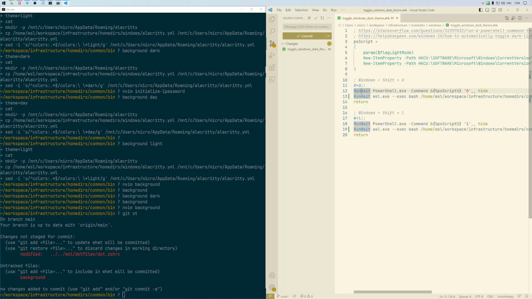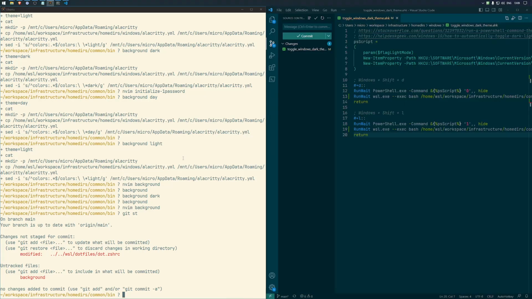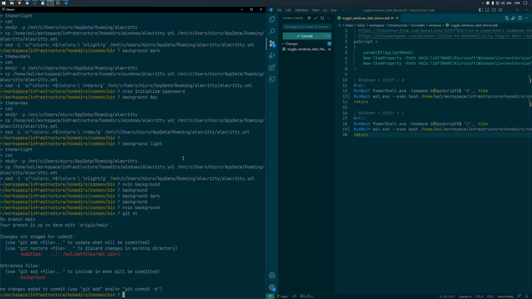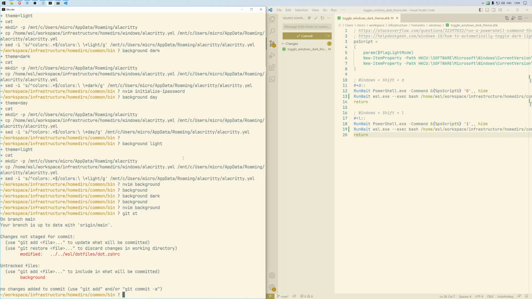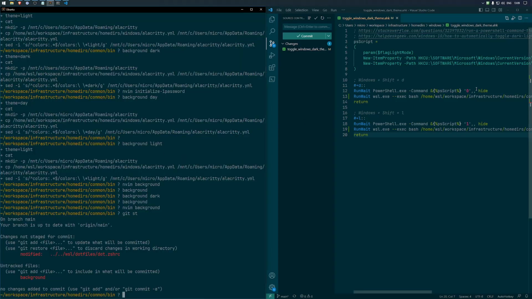I think I need to look at what run wait does, because I think it waits for a return, whereas there might be other runs that I can do. So, okay, so let's go into light mode. Awesome. Let's go into dark. And we even see Visual Studio Code change. Nice. Light. So there is, yeah, I need to add